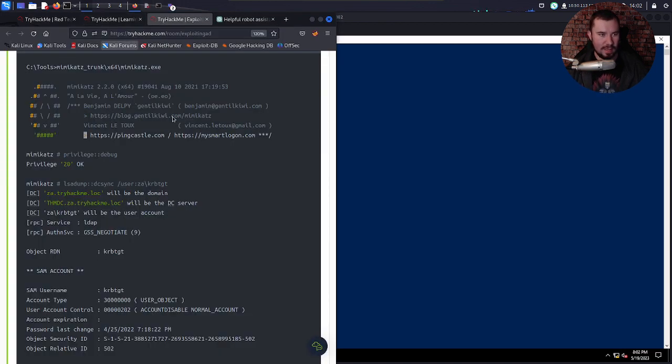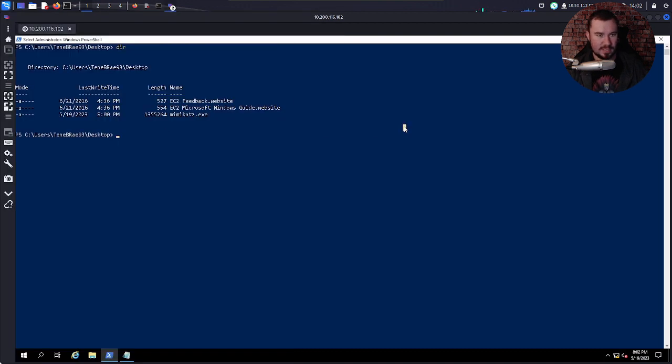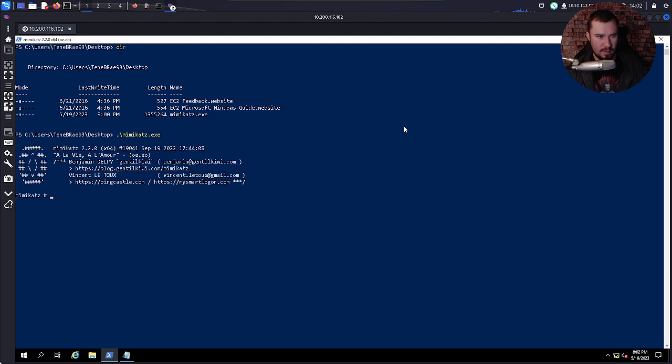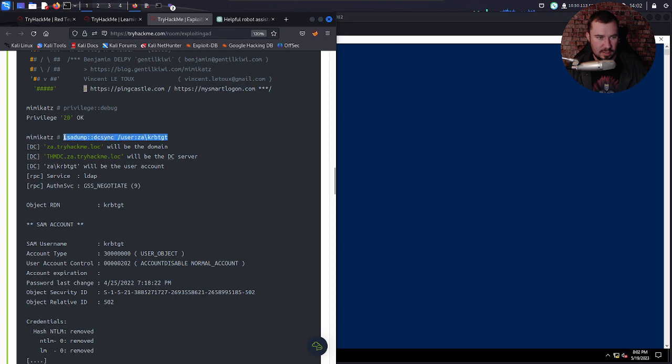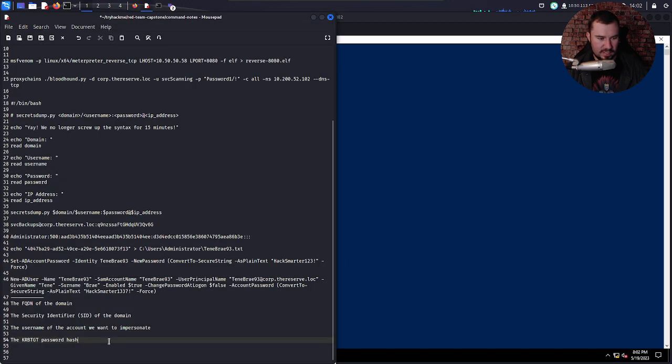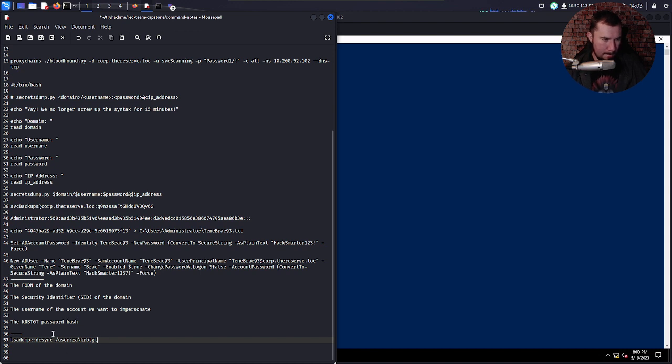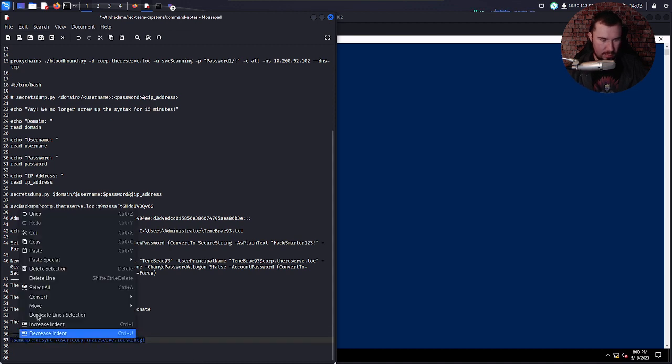All right. Let's look back at this. So we're going to run Mimikatz. Let's go ahead and do that, and make sure it runs correctly. Okay, good to go. And now we need to do this, but ours is going to be a little bit different. I'll even save it in my commands here so I have the information. So ours is going to be corp, like that. I think that is how we want to do it.